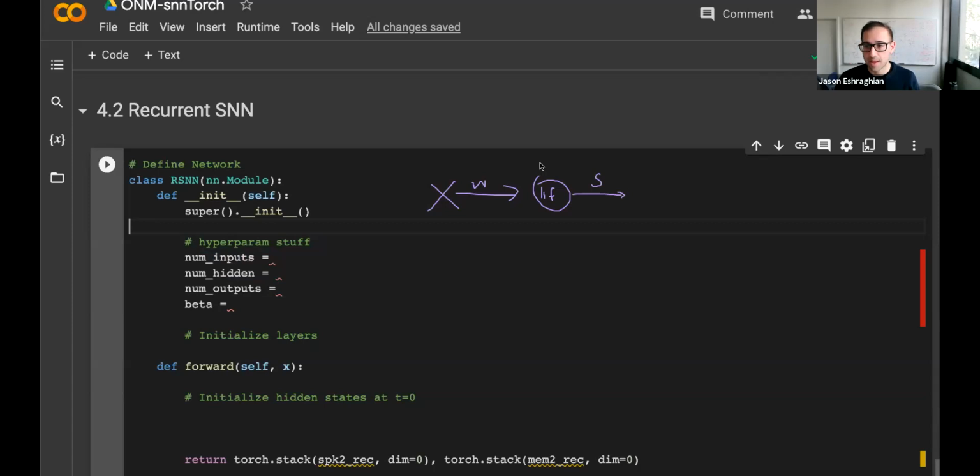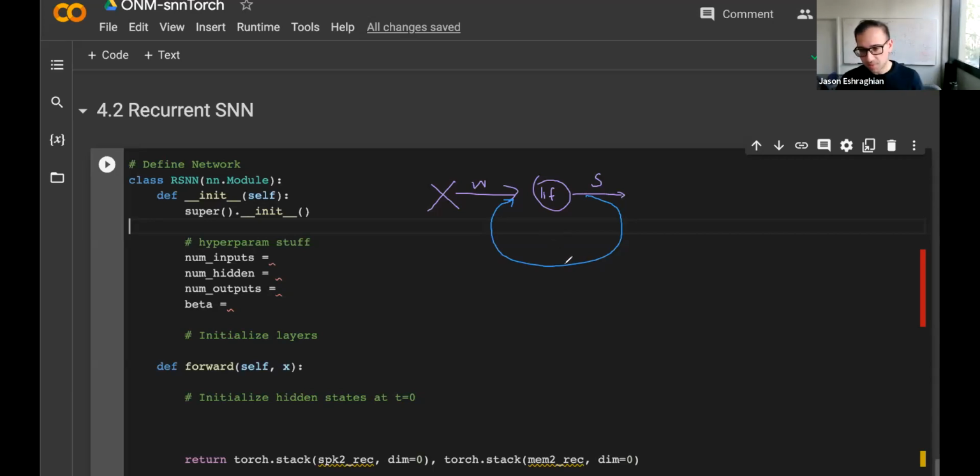Now, from there, a recurrent SNN can take the spikes and loop them back around to the input. So it adds that spike back to the input, and you get this extra dimension of recurrence. It's been said in a few papers that this helps with learning more complex time series features. I think we could do more verification of this, because there's already recurrent dynamics in the membrane potential of the LIF neuron.